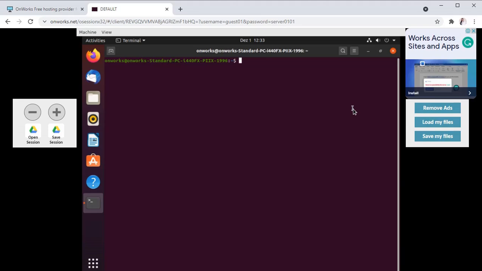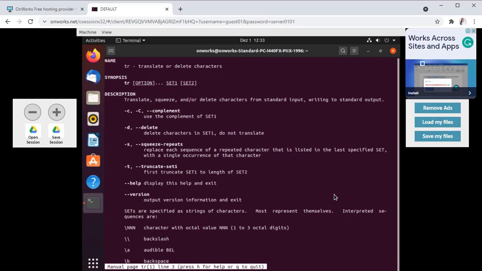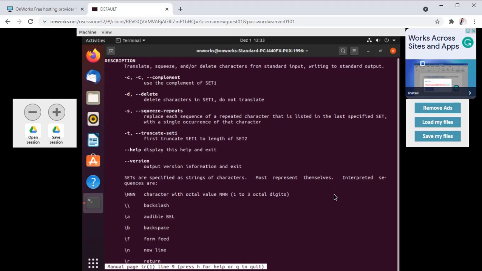So first command is our tr command. So we'll search for tr command, man tr, enter. So it will give the information about tr command. So tr command, what it does, it will translate or delete the characters. Okay, these are the options associated with this command. So the introduction of this tr command is long, so we will press q to exit from this.